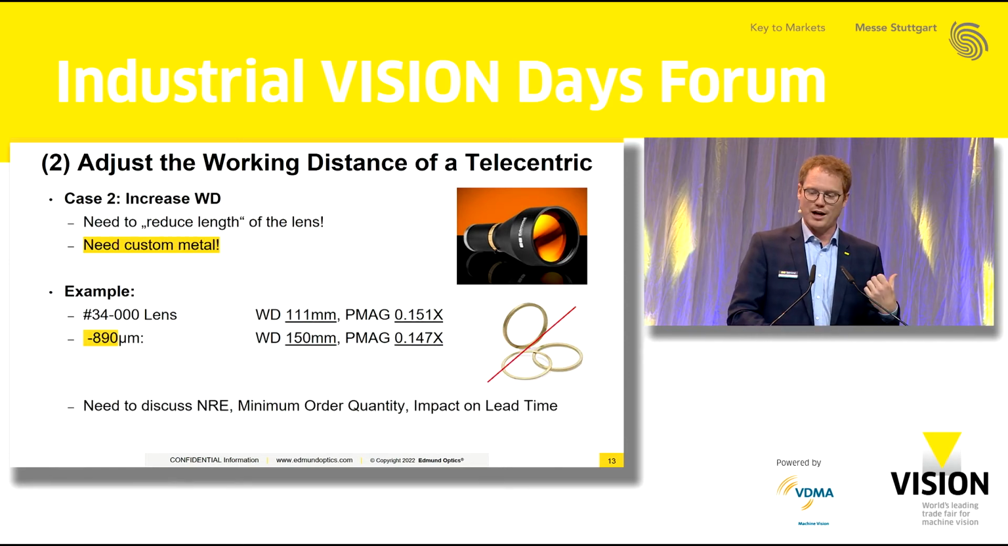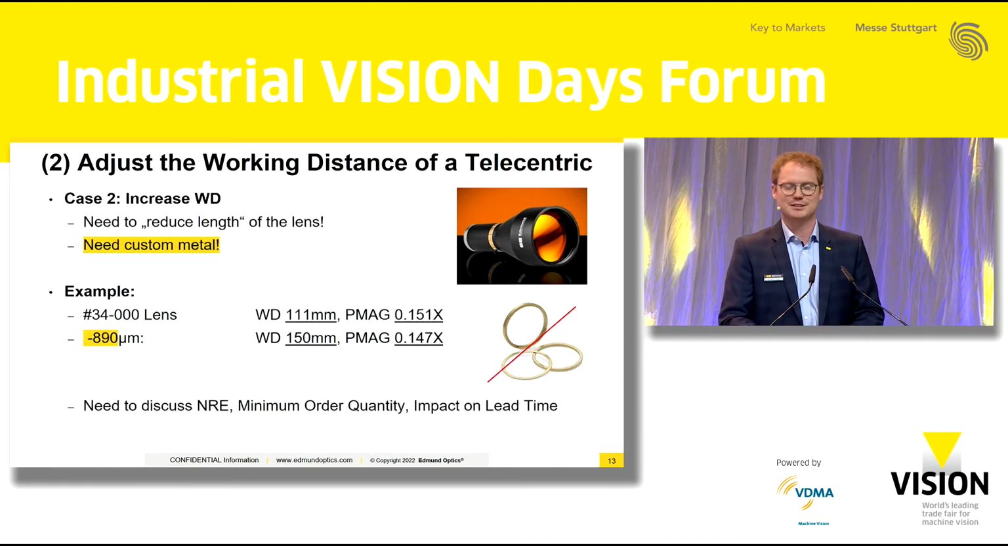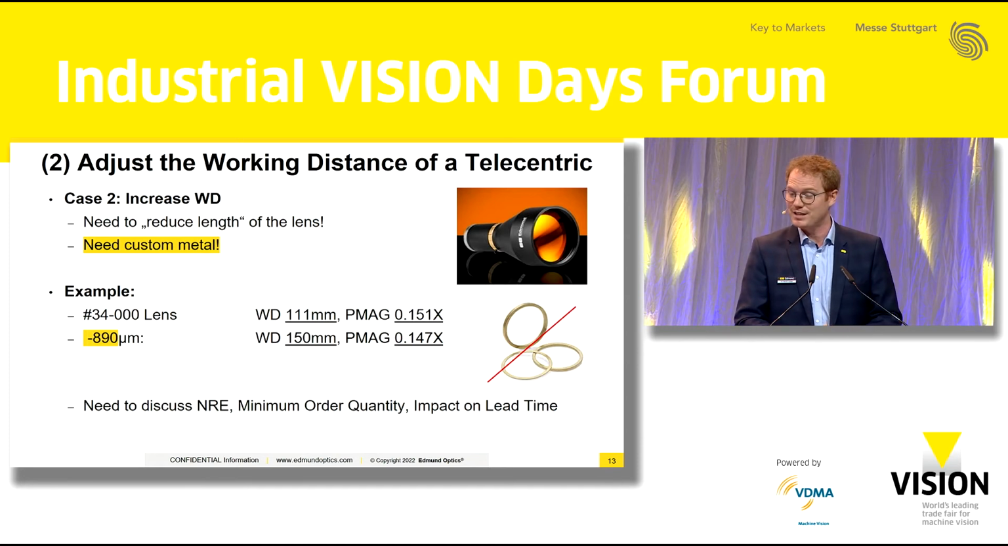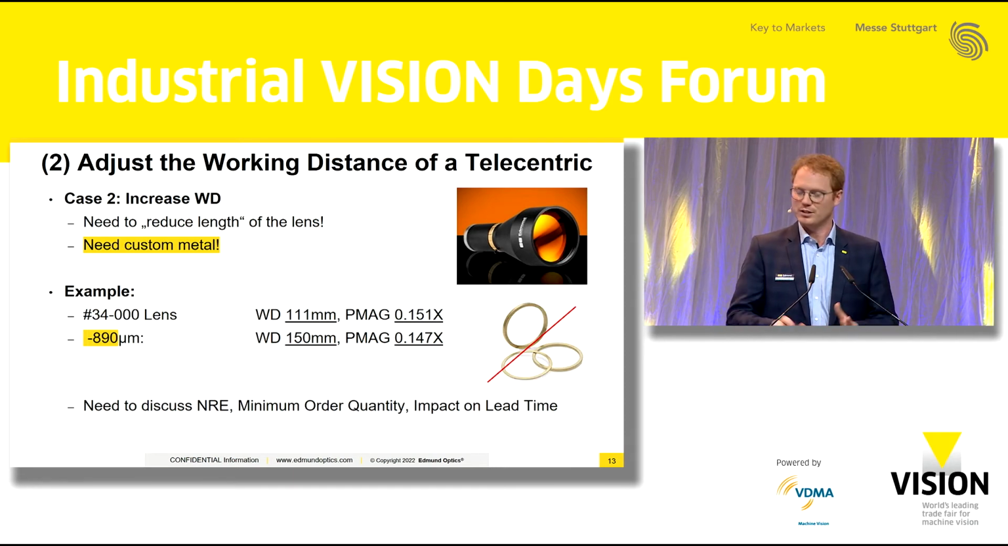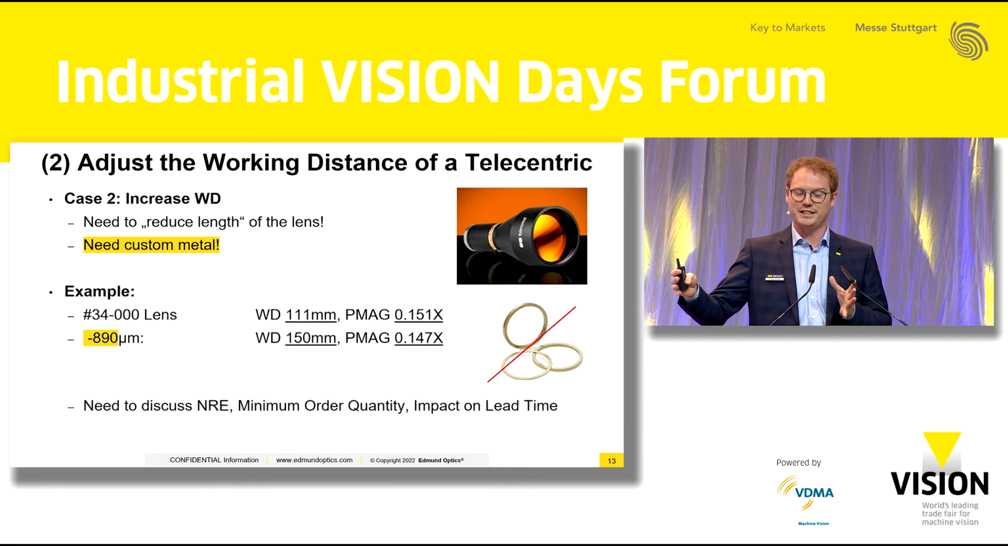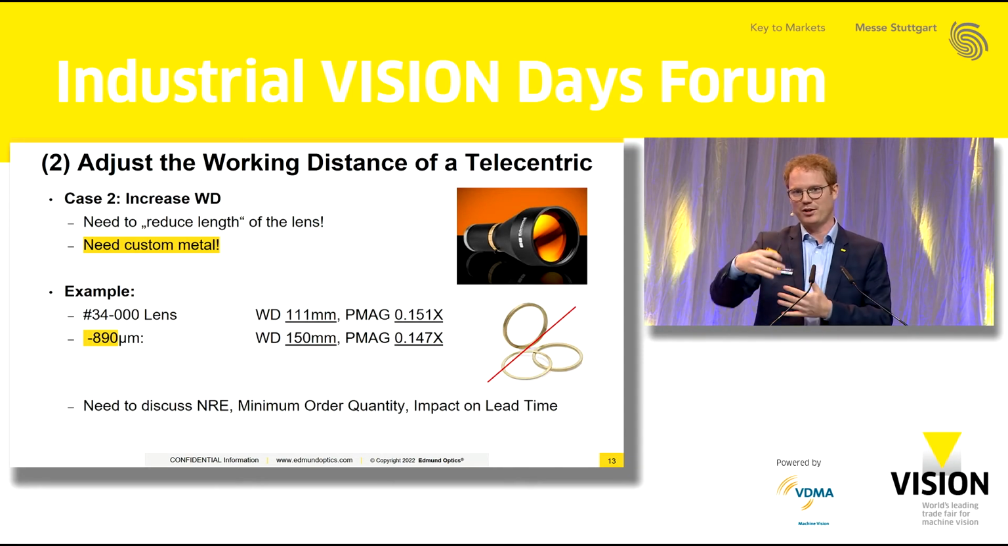If you want to go the other route and want to increase working distance, again, you immediately need custom metal, because you somehow need to remove the metal and get your optics closer to the camera, closer to the sensor. Same example with that lens. We start at 111 millimeter, but say you need to be a little bit further away because in your machine there's some things going on in between, and you just can't get up close to your object. Okay,